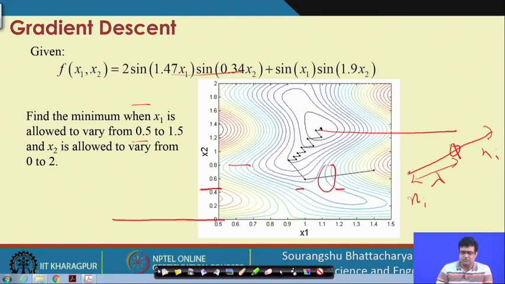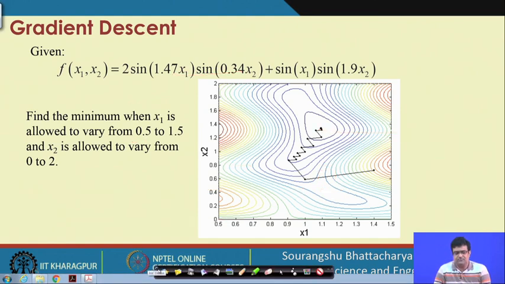This shows a trace of the optimization algorithm being run. What you see here are the contours of the objective function. This is the starting point; the algorithm starts from this point and moves in this direction, reaches the next point, then computes the gradient direction, moves in this direction, reaches the next point, and keeps doing this until it reaches the optimum, which is this point. So, these are the steps of running the gradient descent algorithm.